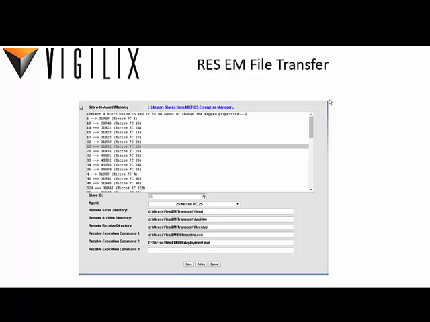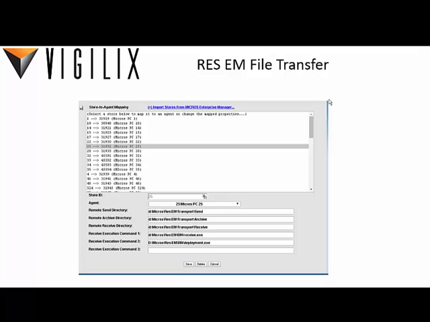And you'll notice here the defaults that we had come in. In this case, we've had to override them because it's not an F drive, it's now a D drive. So once this is configured, once you've set this mapping up of this Vigilix agent is the EM server and these Vigilix agents represent the stores and are mapped to the stores in EM,